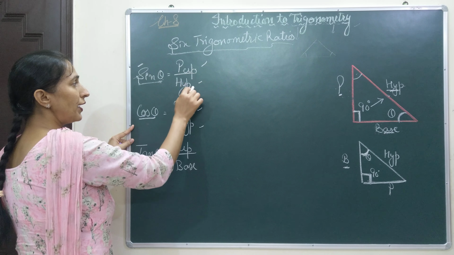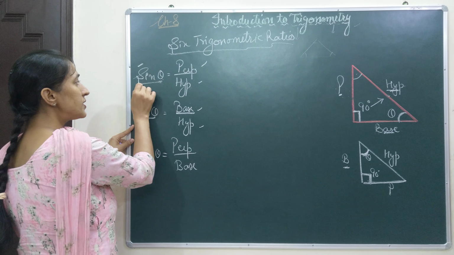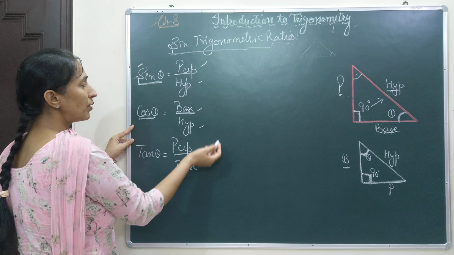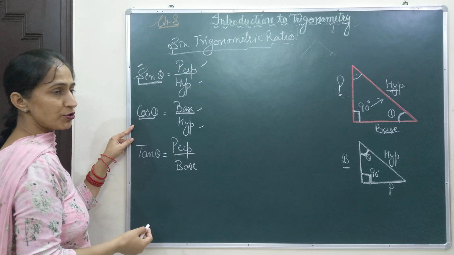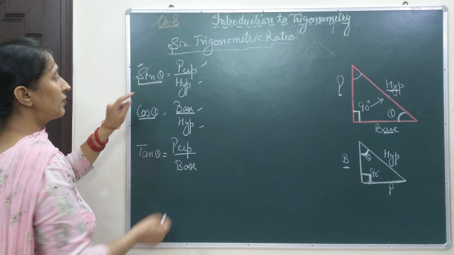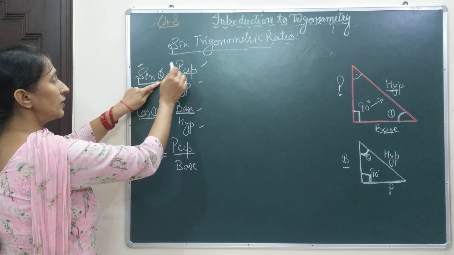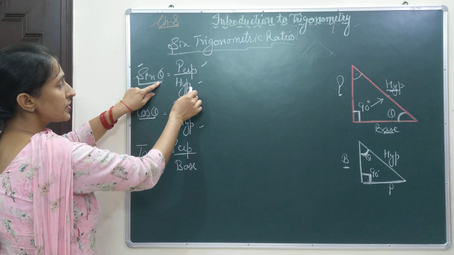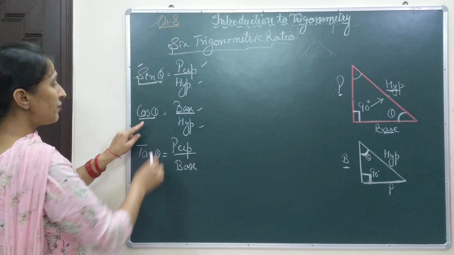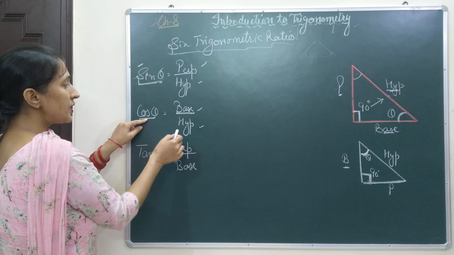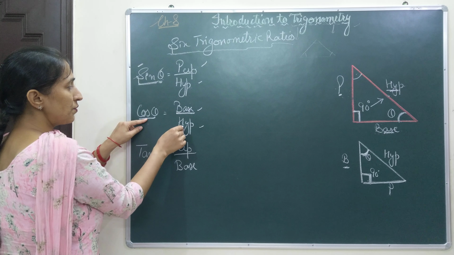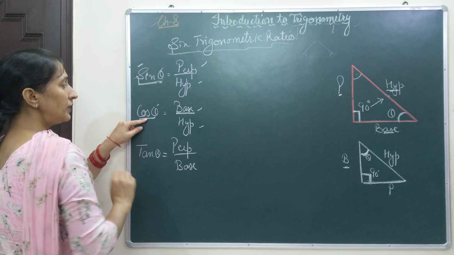If we are talking of perpendicular and hypotenuse, that means I am using the sin theta formula. In that case, theta may be missing, perpendicular may be missing, or hypotenuse can be missing. One out of these three will be missing and the other two will be given. Suppose you are given theta is 30 and hypotenuse is 4. Then by cross multiplying, you can find the perpendicular. From these three, one can be missing and the other two will be given. Those can be these two, or these two, or these two. If these two are given, you have to find theta.